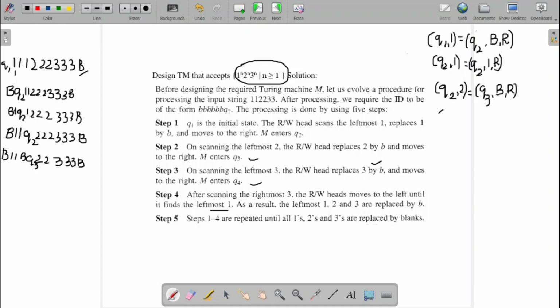So if I go for designing the transition for Q3 on 2, this will be Q3 as it is, because Q3 is meant for matching with the 3. So Q3, 2 as it is, I won't do anything, I will just make the right movement. Now if I make the right movement, what happens? Q2 on 2, I will just make the right movement, it will come here. Again Q3 on 2, I will make the right movement again, so it will come over here.